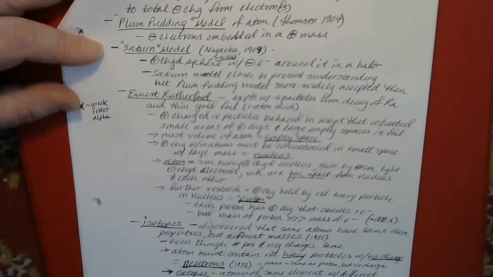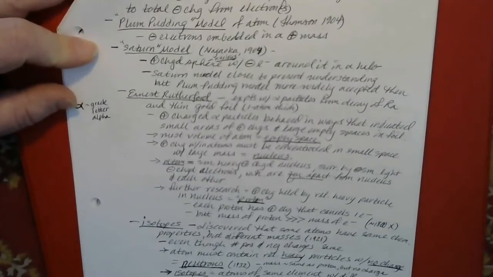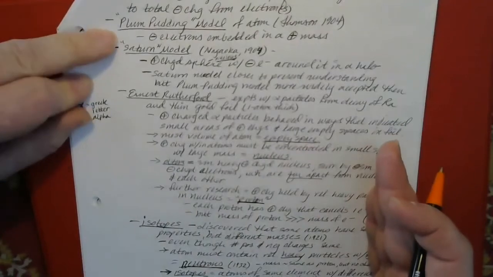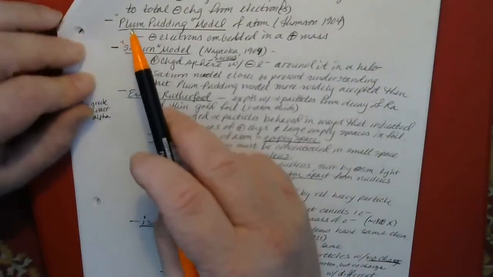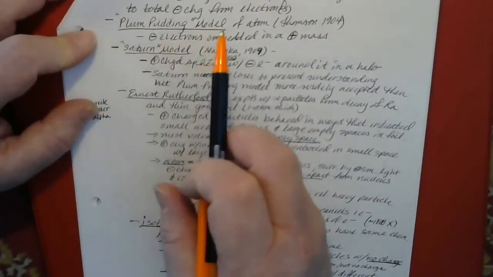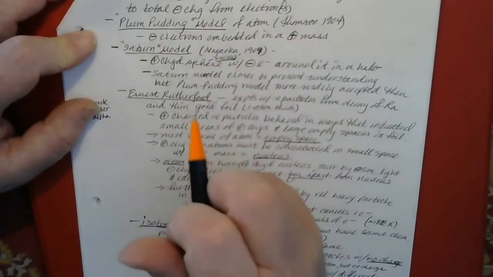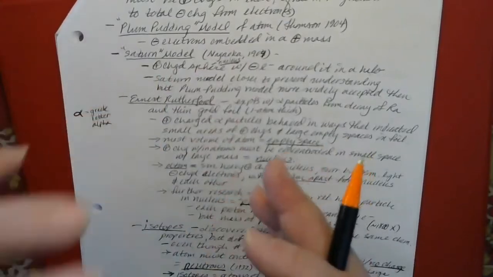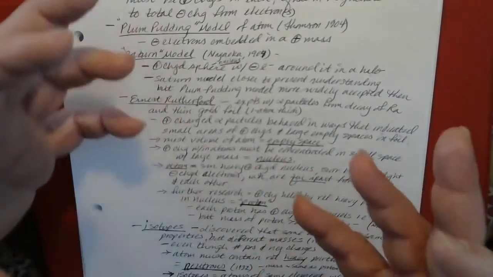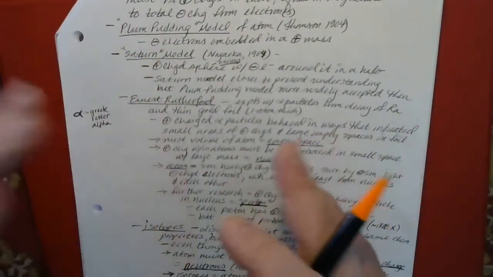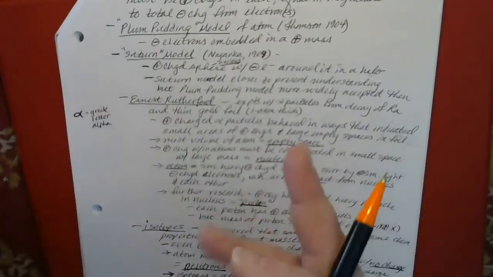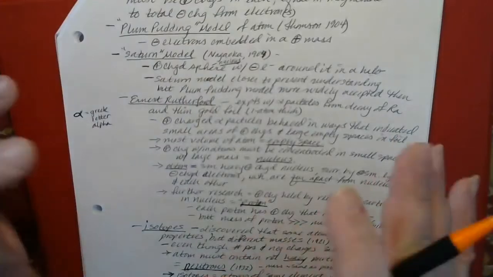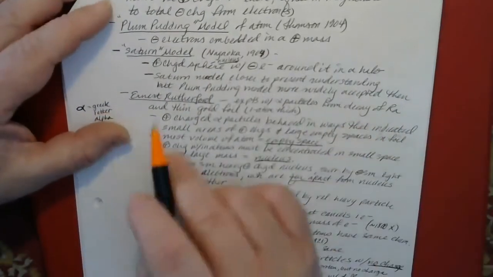In trying to figure out how these things are arranged within the atom, there was a series of developments. One of the more interesting models for how they might be arranged was called the plum pudding model. Thomson came up with that. He envisioned it being like the famous or infamous English dessert known as plum pudding, where you've got a mishmash of gelatinous stuff with little raisins spread throughout it. English food, what can I say?